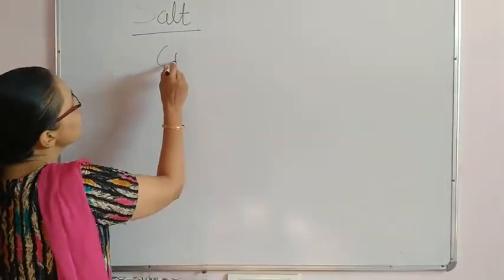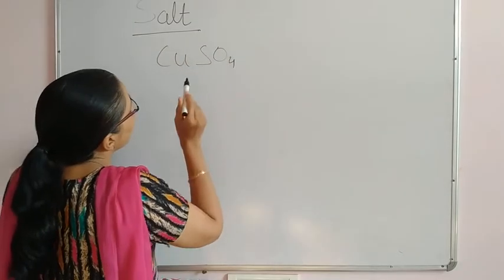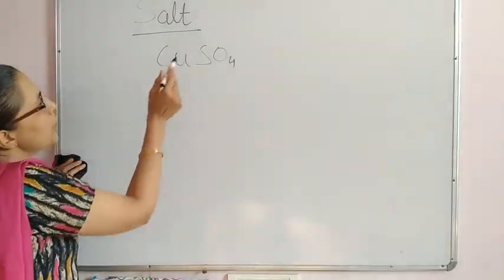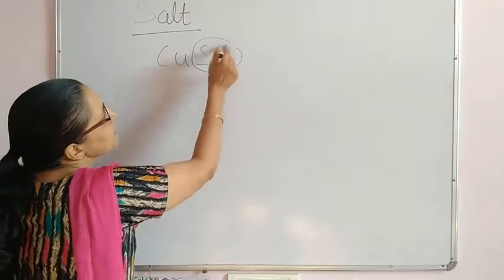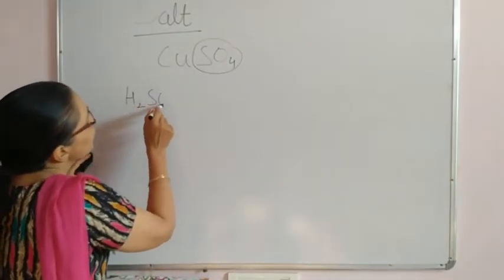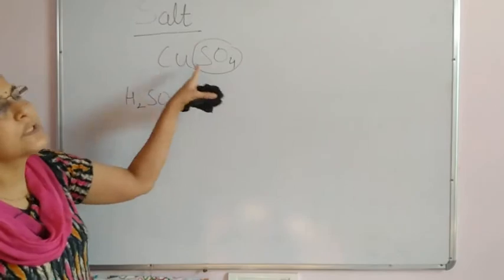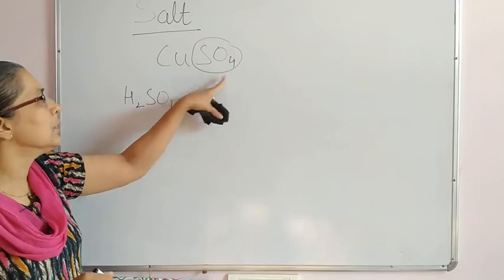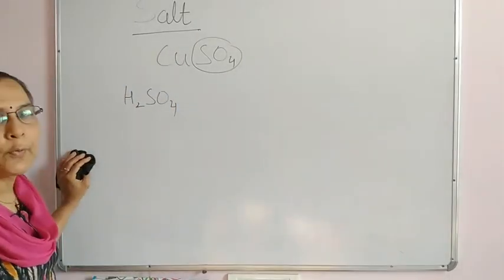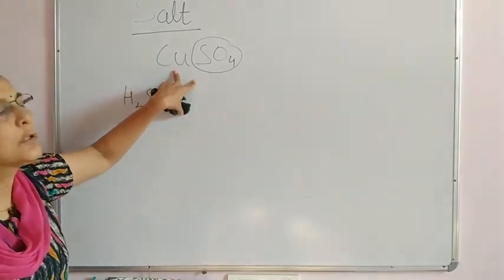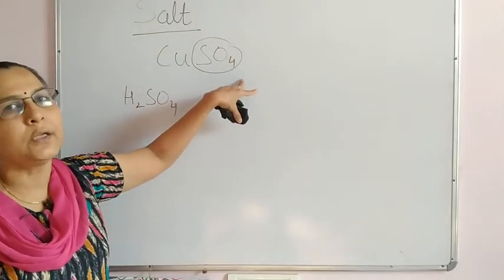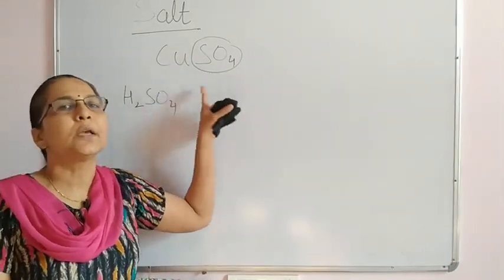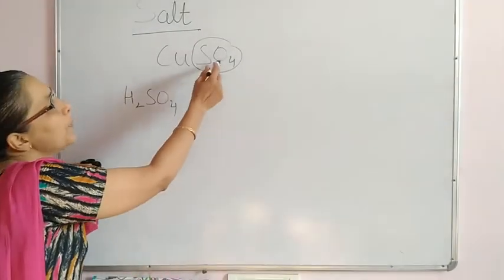I mean to say that suppose you are taking copper sulfate as salt. From which acid and from which base it is formed, we need to do a little bit of work with the ions. Just attach H2SO4, meaning the salt is the one in which H plus ion and OH minus ions are not present. These are the learning tips for you, not for the examination. One is that salts are compounds in which H plus ion and OH minus ion are not present. And from what are these salts formed? For this purpose, what do you have to do?